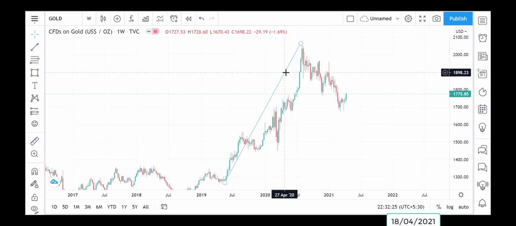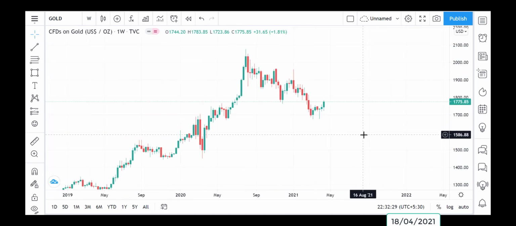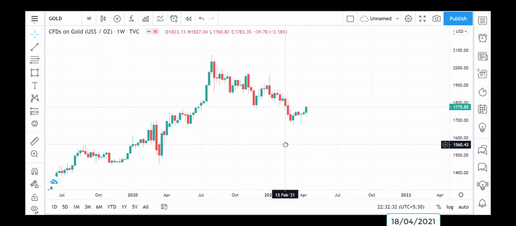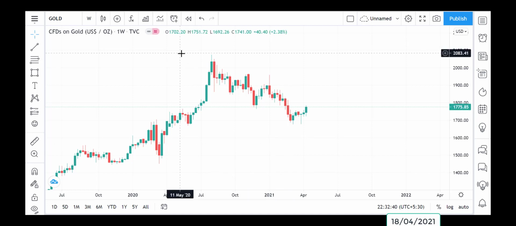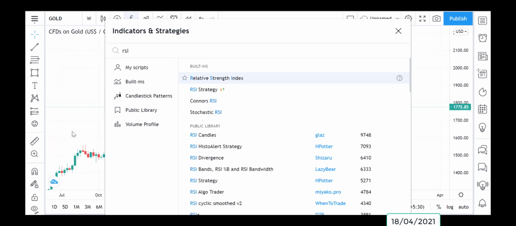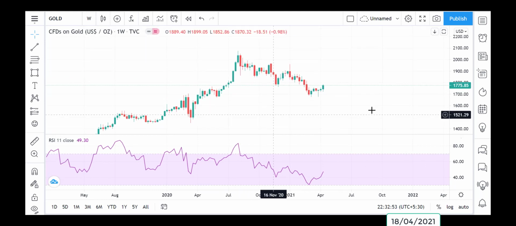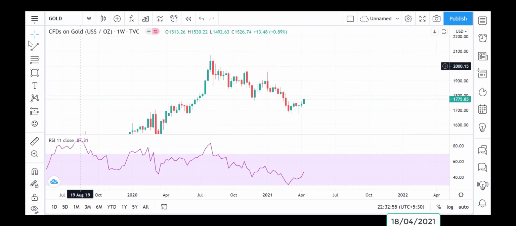But let's not speculate and instead analyze the current movement of gold. So here what you can see is only the naked price movements, the price action for the candles. But to know a little more, what you can do is see how the momentum indicators are performing. One of my favorite momentum indicators is the relative strength index, that is the RSI. So corresponding to these price levels,